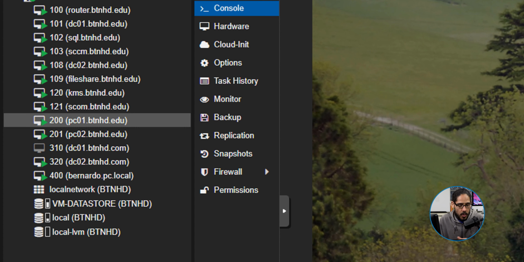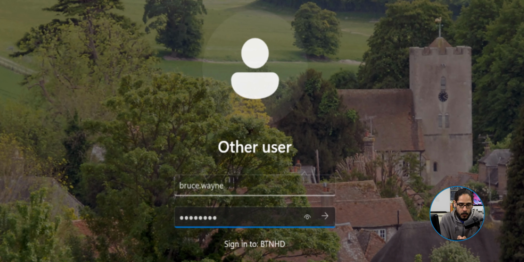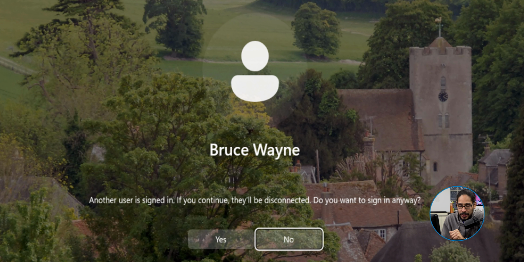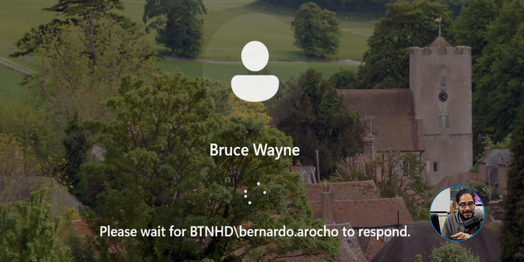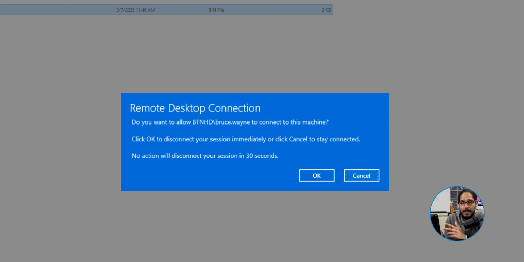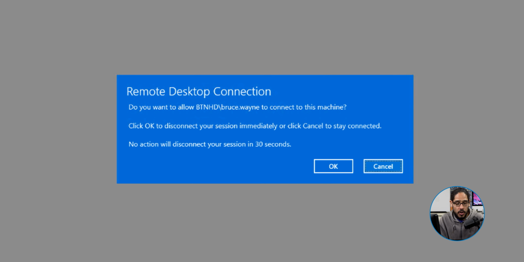Head to another machine. I headed into my PC01 machine. I logged into Bruce.Wayne. Again, at the very beginning, I showed you within the system properties that Bruce.Wayne did not log into this machine. And I provided the password. I hit enter. I was RDP into this machine as myself, so I clicked yes. I headed over to PC02 because, again, I RDP into this machine to basically customize the start menu. I clicked on OK, and I headed to PC01. It started getting things ready. It started logging me in.